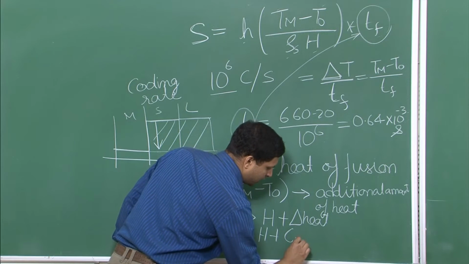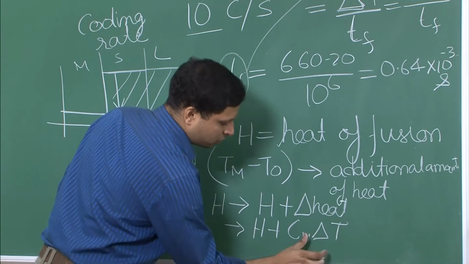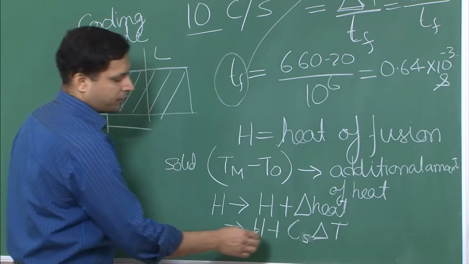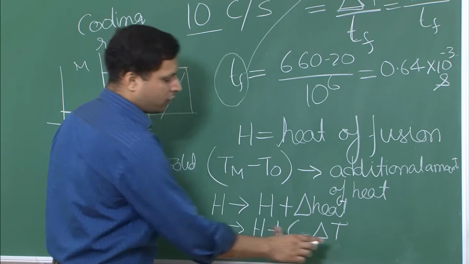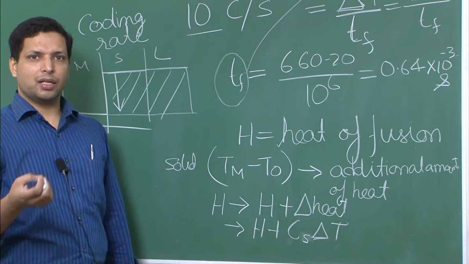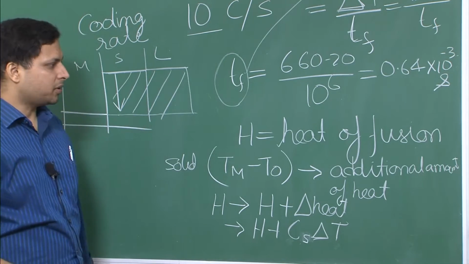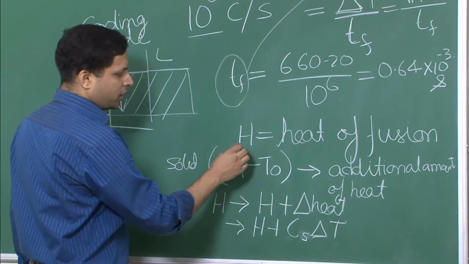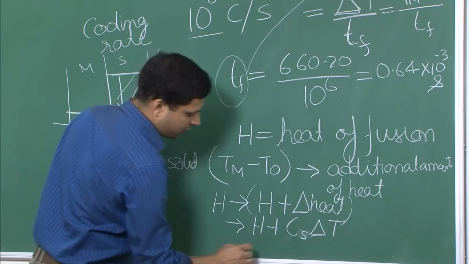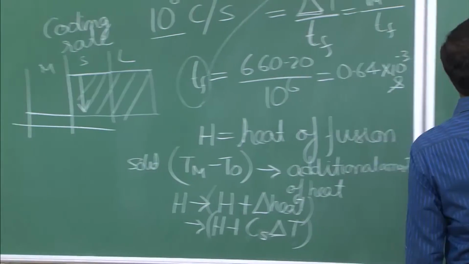C metal into delta T: the specific heat of the solid times the temperature change. This becomes the total amount of heat that needs to be emitted by the solid and absorbed by the copper to achieve the cooling rate of 10 to the 6 Celsius per second. So the major difference here is that we are changing H to a new quantity, H plus delta heat, which is H plus Cs delta T. Therefore, your equation becomes